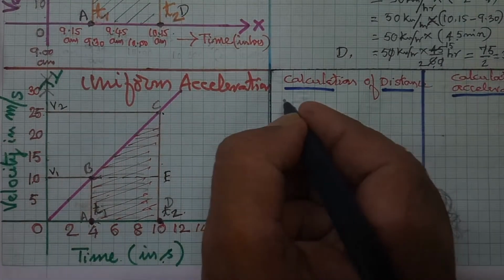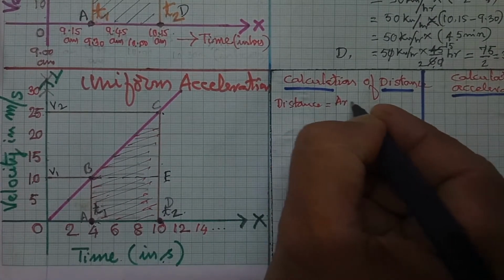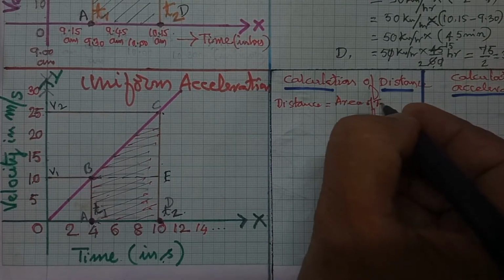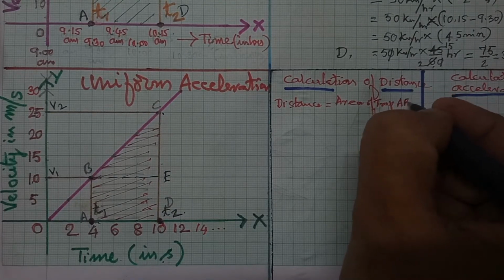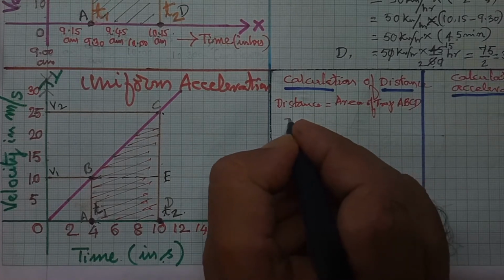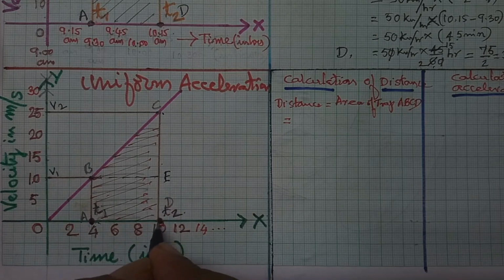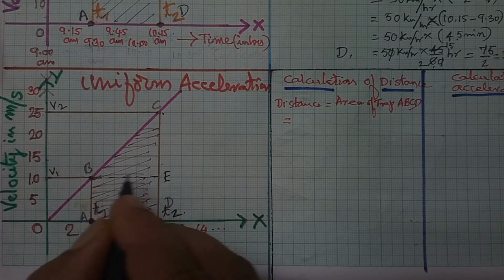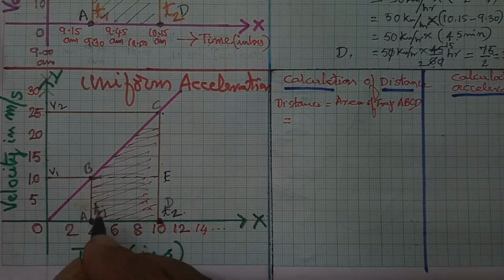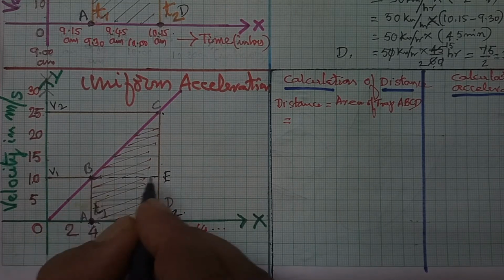Let us see here. So, distance is equal to area of trapezium. Trapezium I am writing in short form TRP, ABCD, its name is ABCD. Okay, this I can write as the sum of two figures, that is ABED rectangle plus the area of triangle BEC. I mean to say, the area of the trapezium can be converted into the sum of two shapes, ABED rectangle and BEC triangle.